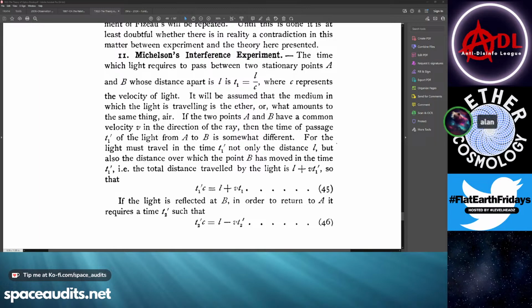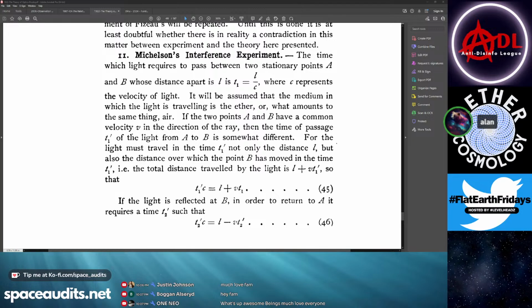So, Michelson's interference experiment. The time which light requires to pass between two stationary points A and B, whose distance apart is L, is T1 equals L over C, where C represents the velocity of light. It will be assumed that the medium in which the light is traveling is the ether, or what amounts to the same thing as air. If the 2 points A and B have a common velocity of v or nu,